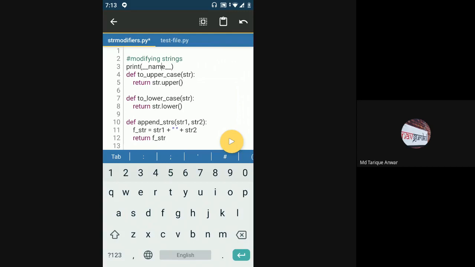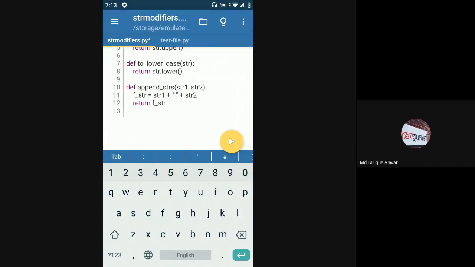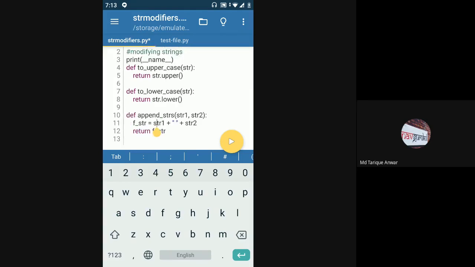Line by line the whole file will get executed, but the functions are not executed unless you call them by name. These functions will be defined in memory, but they won't be called yet. But if you have any other print statement or variables or if else conditions in the file, those will get executed when the file is imported. So when this file gets executed, you will see that __name__ will be printed.